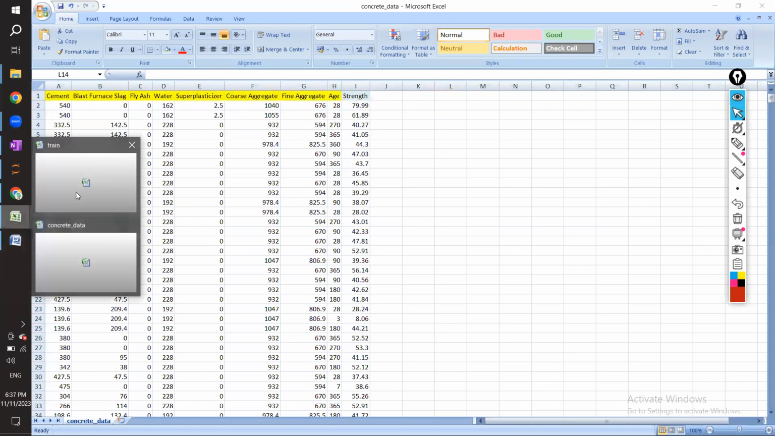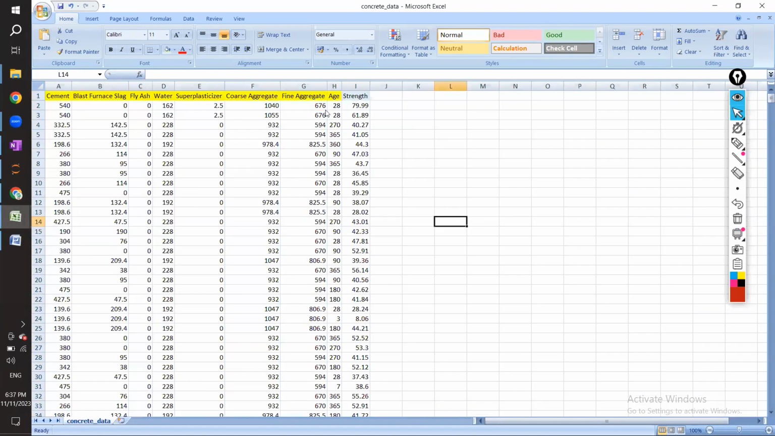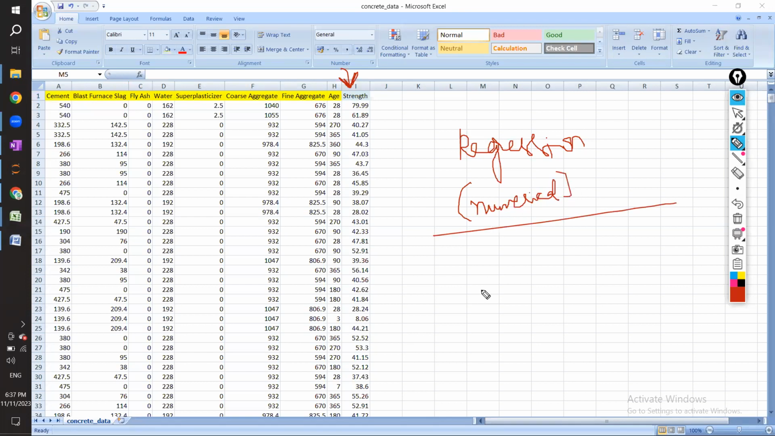Just like how we predicted using age and fare whether the person survived or died, similarly here I'm predicting a particular value. But this is a regression problem, guys. You might be aware or not aware of regression, so let me just tell you. The simple definition: if the output variable is numerical, it is regression. But if the output variable is categorical,